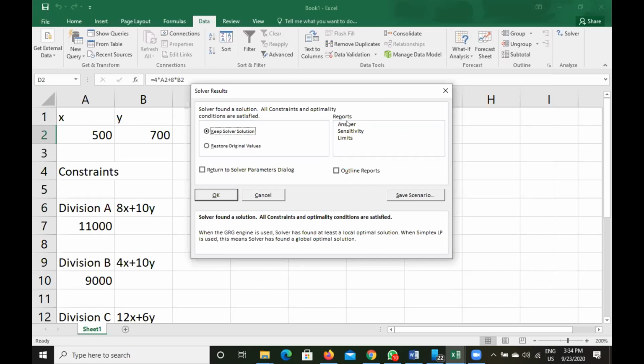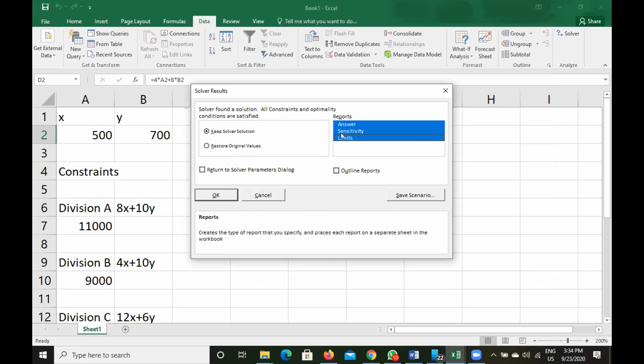After you click solve, you will select answer, sensitivity, and also limits. We need all these three reports. Have you selected all these three, Fahia? Yes, sir. Right. After you have selected all three, click on OK.